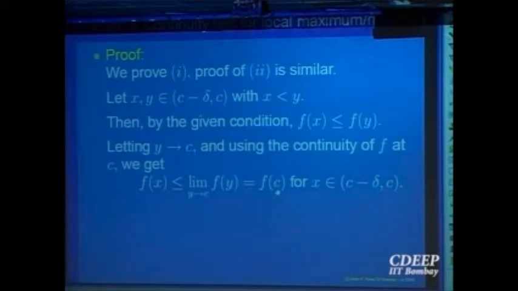So f(x) is less than or equal to f(c) for every point on the left. That is by continuity, right? Because if it is continuous, you can approach the point c, but if the point c is not a point of continuity, then you can drop or change the value at that point. The limit on the left will not give you the value at the point c. So that is only by continuity. So what we are getting is, for x on the left of c, f(x) is less than or equal to f(c).